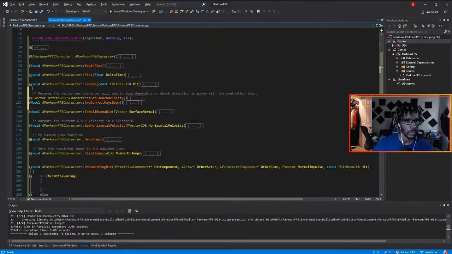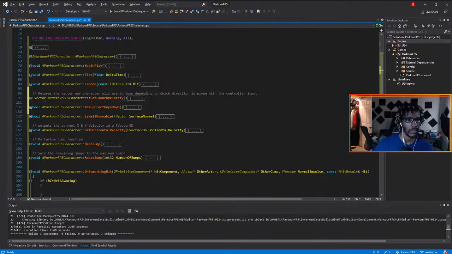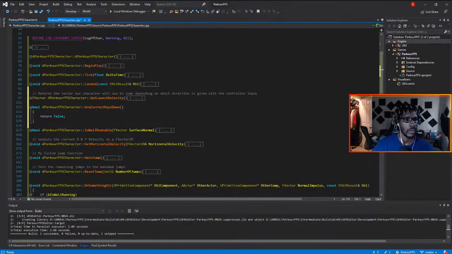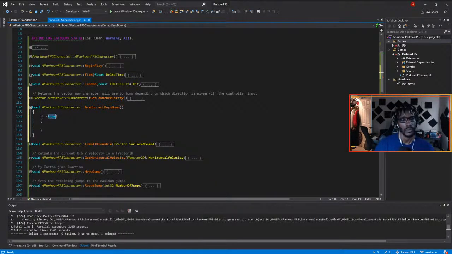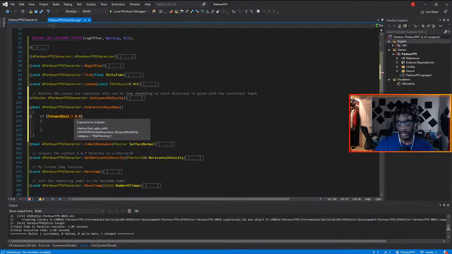You can use 0, but I'm going to use like 0.1 because if you had a controller hooked up, if forward axis is greater than 0.01 or 0.1,